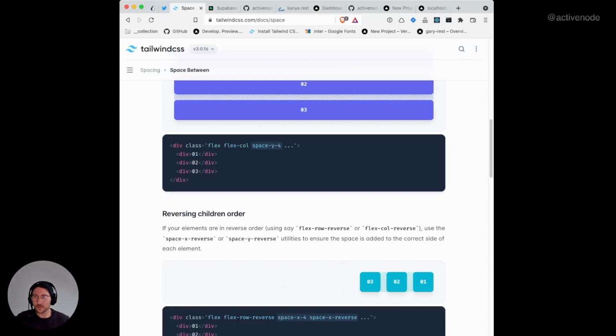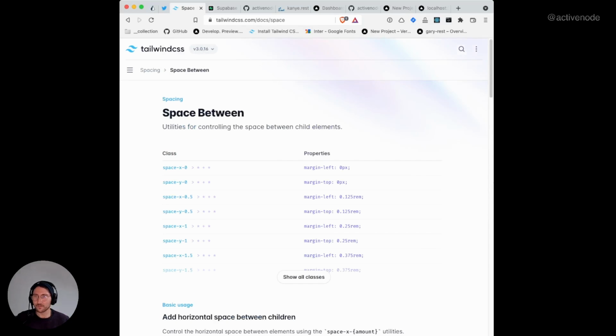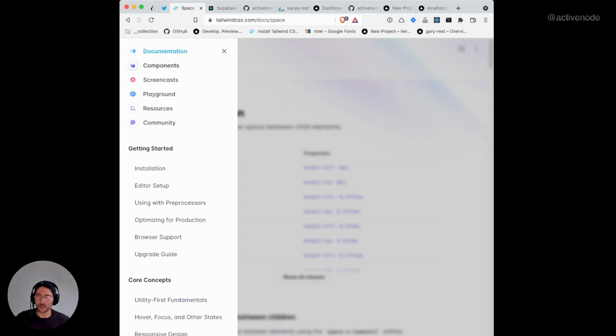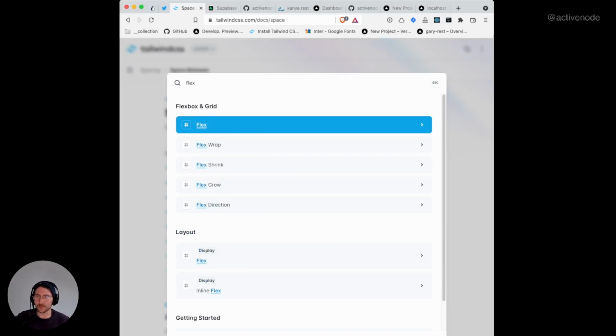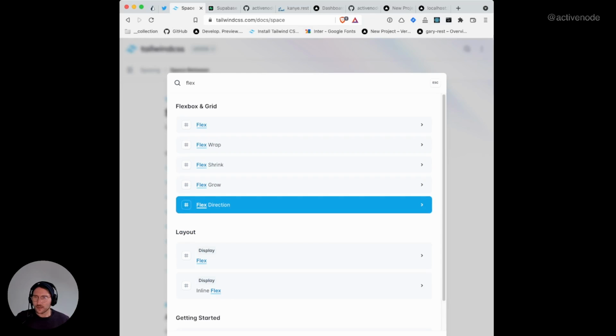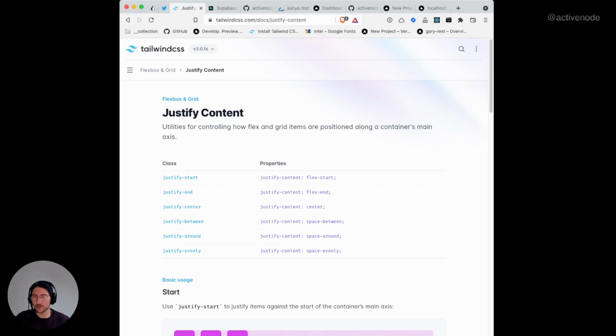But that's a different space between than the one I'm searching for. That's actually literal space between stuff. What I want is flex something space between. Flex to, oh, I think it's justify. Justify content. And then, yeah, justify between.